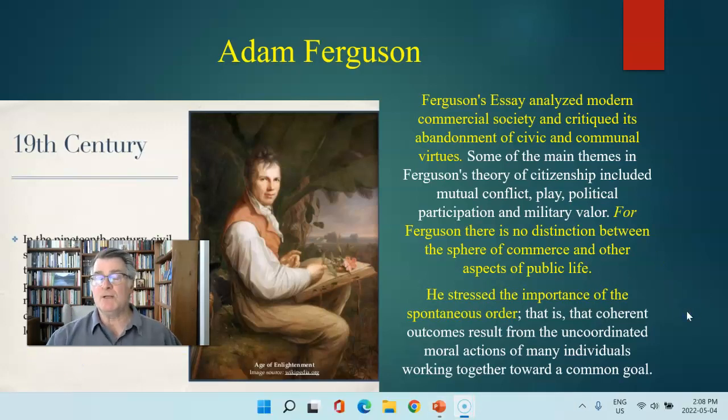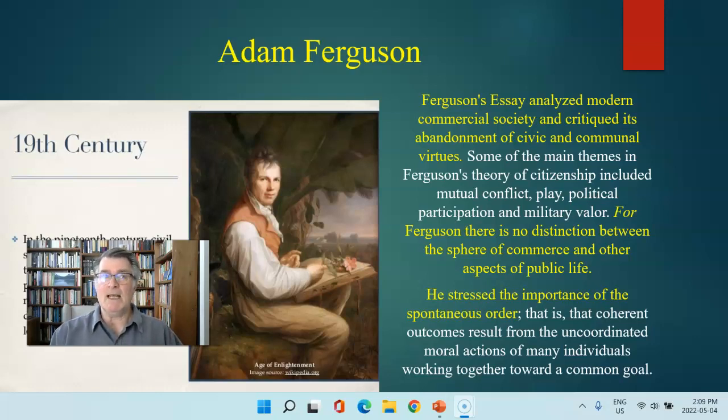So here's one of the ways in which older forms of thinking really were not applicable. Much like, and I had mentioned this when we first talked about Plato and Aristotle, mythological thinking at that time in the ancient world eventually couldn't speak to the concerns of the individuals of that time, because they were talking about democracy, they're talking about economics, they're talking about things that mythology just didn't know anything about. The same sort of thing is beginning to happen here, where Ferguson and Smith as well are looking at modern